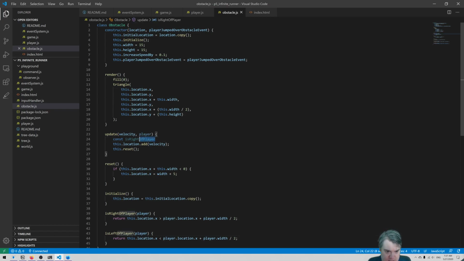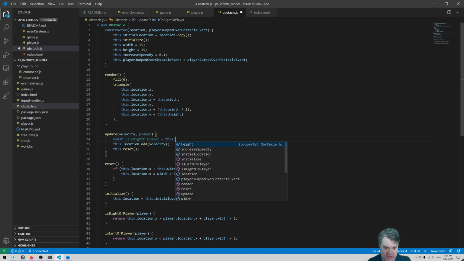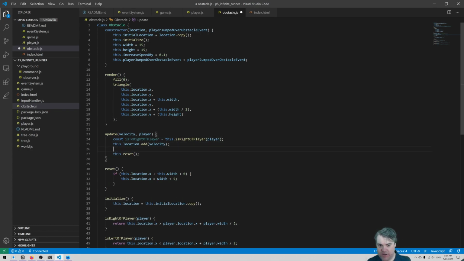Now in our update, we'll just grab right of player. So const is to right of player equals this.is right of player. Pass in the player. We add the location, and now we're going to find out, are we to the left of the player? So, and if we don't need to do that calculation and do that,